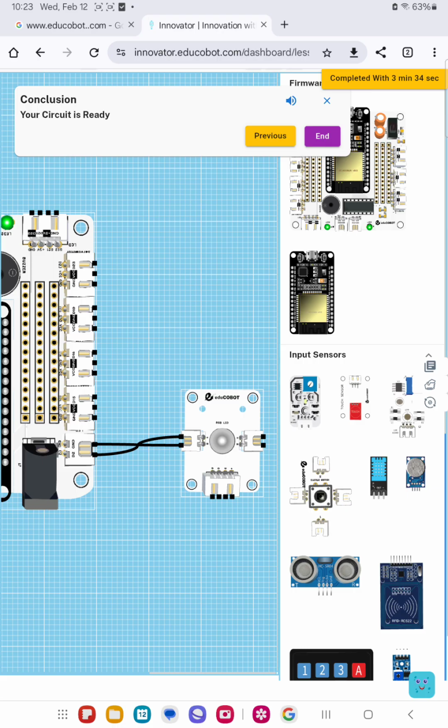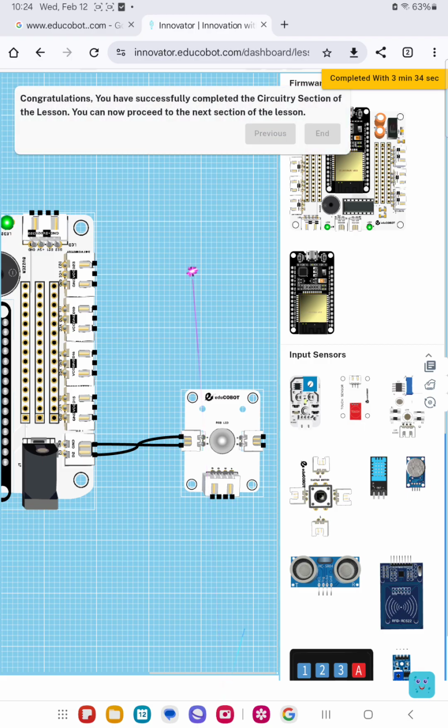And then what happens is that whenever we are programming within the computer, it will send those programmed instructions to the microcontroller, okay, which we have as the ESP32, and then the ESP32 is going to send the instructions to the LED for it to blink on and off. Okay, so we click on end here,